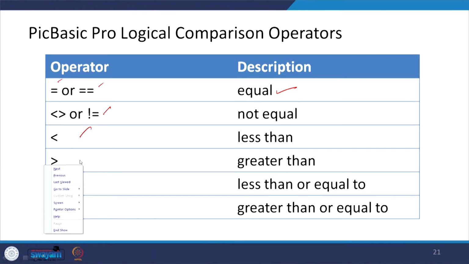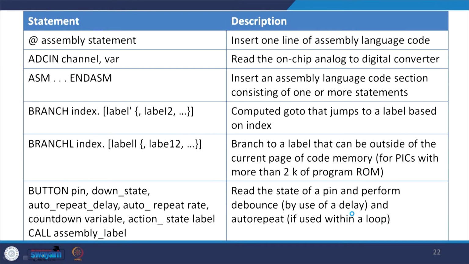There are some basic logic comparison operators. So, equal to, or double equal to sign, represents equal, and this is the representation for not equal, this is for less than, this is for greater than, okay, this is less than or equal to, and this is for greater than or equal to. Okay. And then we can similarly have various